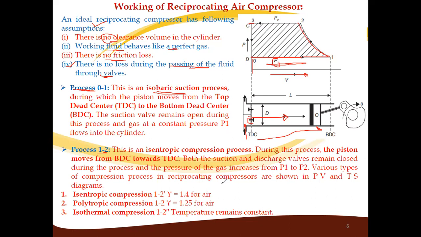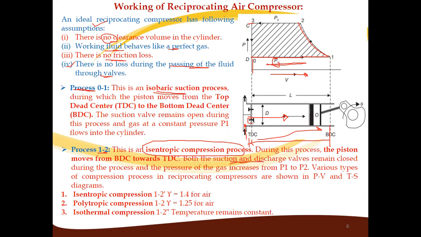So in this 1 to 2 process, it is an isentropic compression process. Now this is the compression stroke that takes place. During this process, the piston will move from BDC, that is bottom dead center, to top dead center. In this direction, the piston will move. As the piston moves from BDC to TDC, both the suction as well as the discharge valve are closed